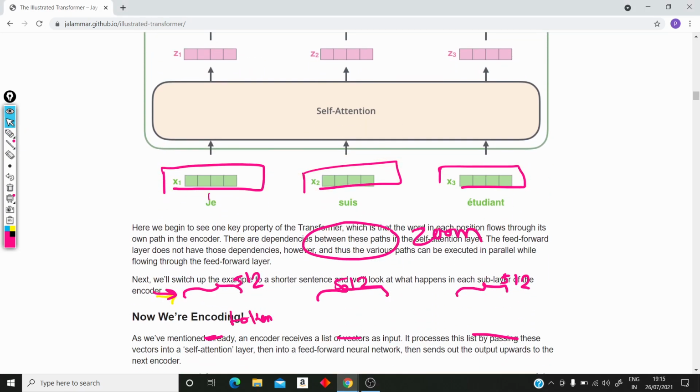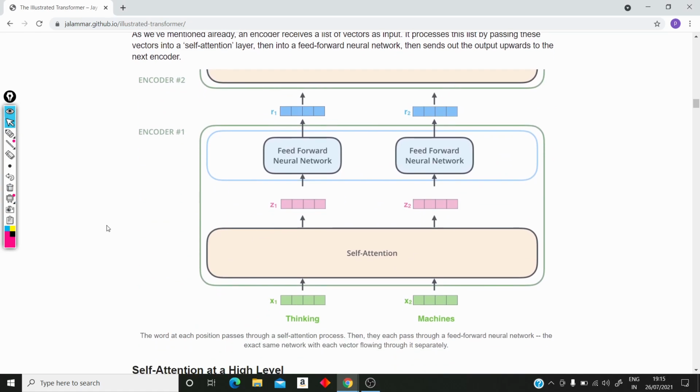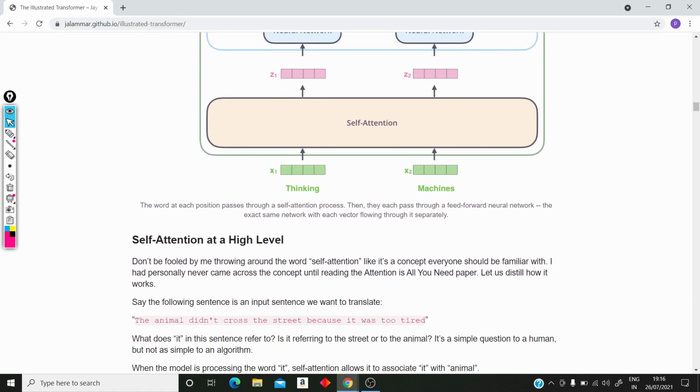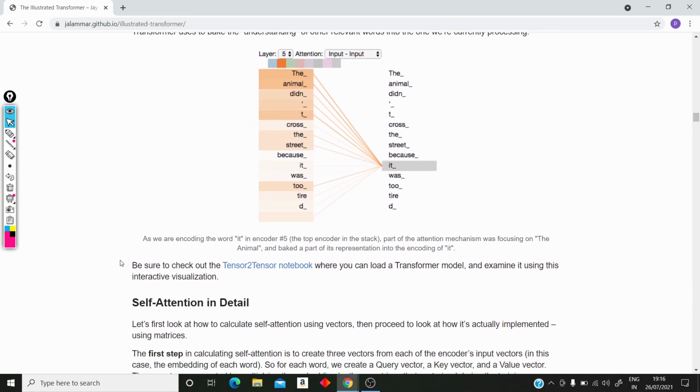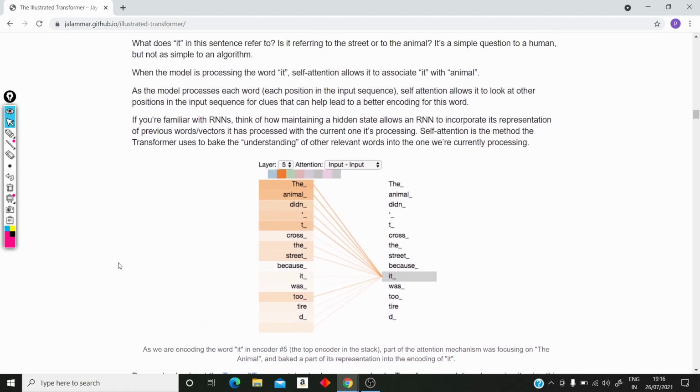So now we are starting the actual encoding. We are just taking, for example, two words, thinking and machines. This is just a lame example, sorry, two words, not sentences. The one sentence consists of two words, thinking and machines. This is the thing that I'll show you later. But what I can say is that